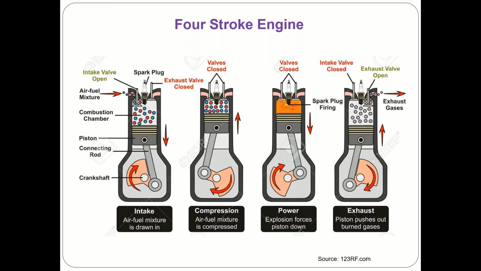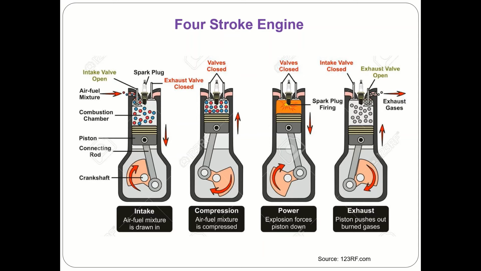So just before the end of the compression stroke, in case of SI engine, spark is supplied. In case of compression ignition engines, fuel is injected. Because of that process of either providing a spark or injecting a fuel, the combustion occurs inside the cylinder. Just before the end of the compression stroke, we supply the spark or inject the fuel, and when piston